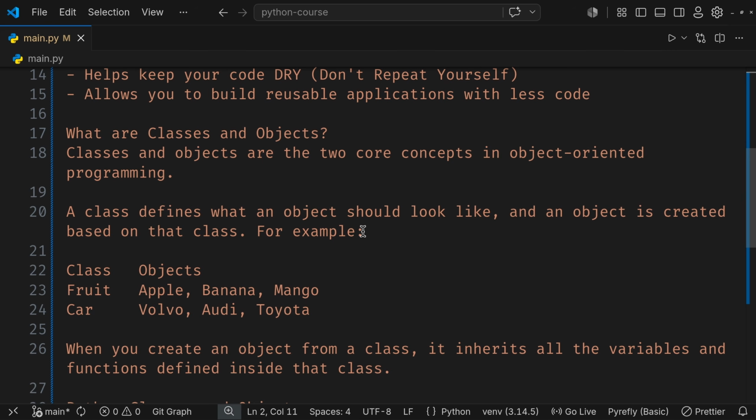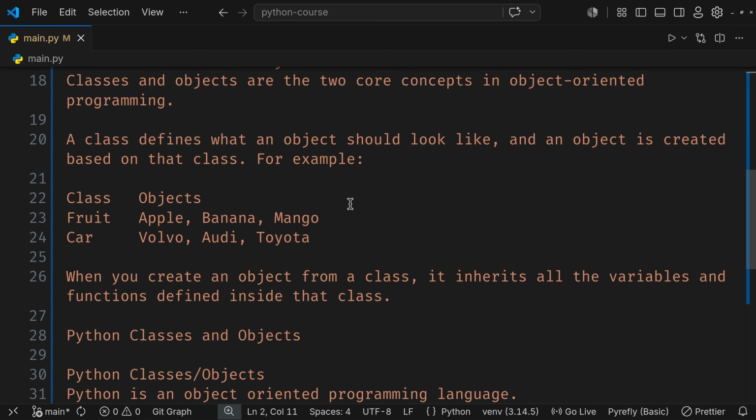For example, let's take fruits. A class can be a fruit, and the objects can be apple, banana, and mango, different types of fruits. All of the fruits here have something in common, like they grow on trees, right? So that thing can be inside of the fruit class, and depending on which tree, we can get apple, banana,